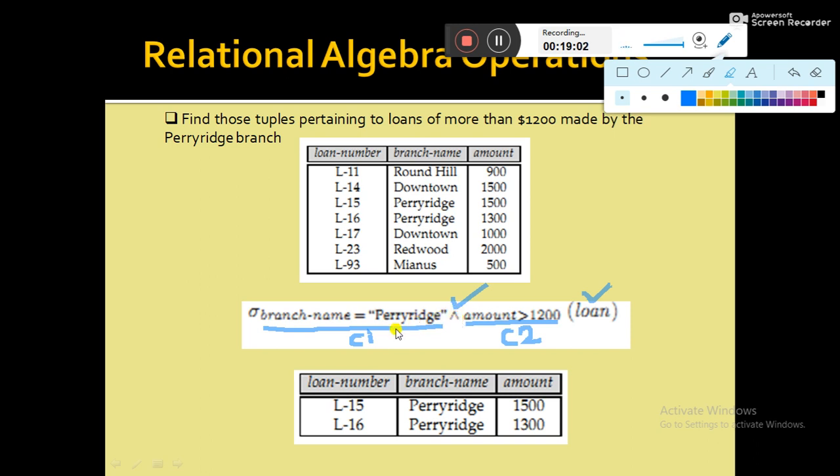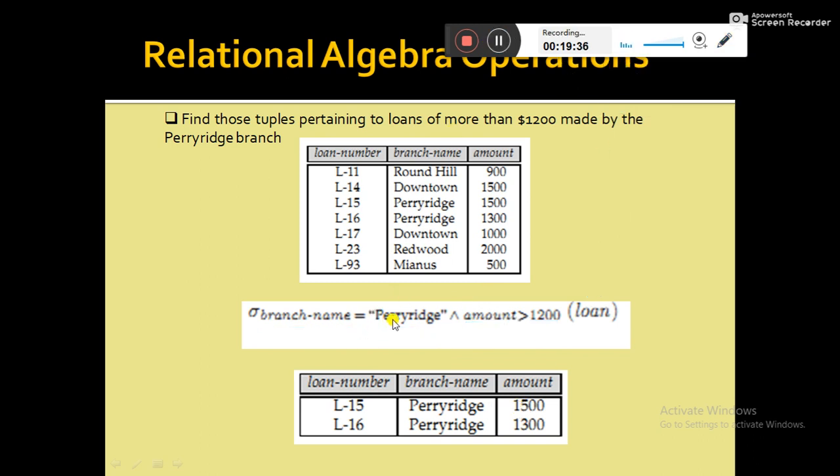This is the AND symbol, and AND means if both the conditions are satisfied, then only it will select a particular record. So how to read that statement? Select from loan where branch name equal to Perige and amount is greater than 1,200. So based on that query we will get the resultant relation. It selects that particular relation based on the above query.